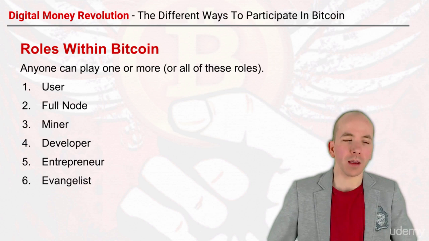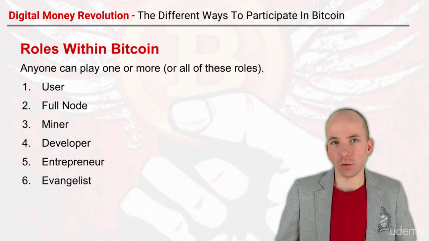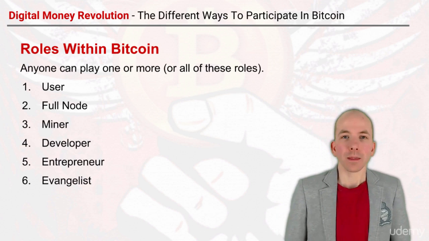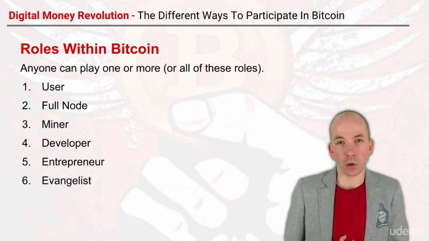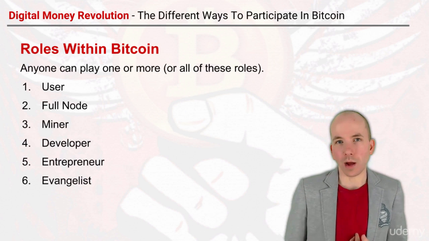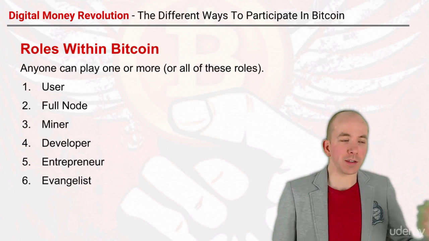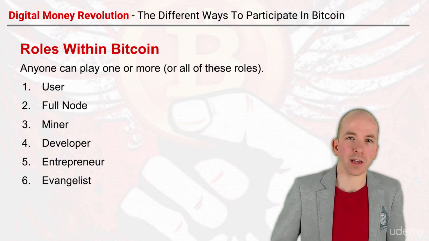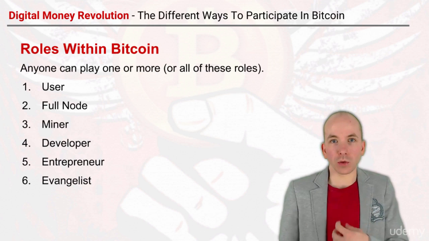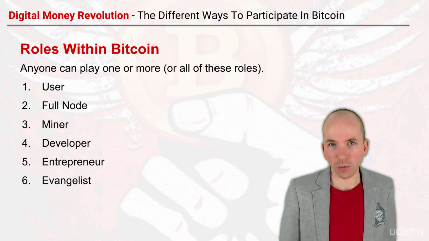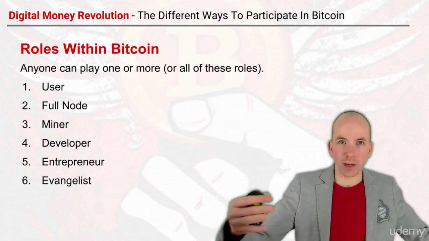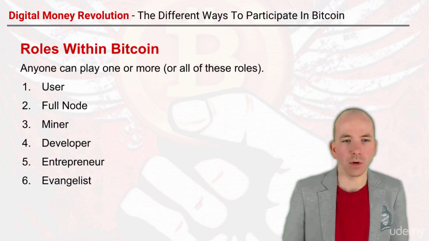You know, every time I pay someone, it notifies everyone in the network. But the way that works is like a relay race. So if I'm the closest computer to that person, I'll hear about it first, and my computer then passes it on to the next nearest, and that's how it spreads throughout the entire network. It's not as if one computer tells every other node in the network. You pass it to the nearest ones, and they pass it on, and pass it on. It's kind of how the internet works.